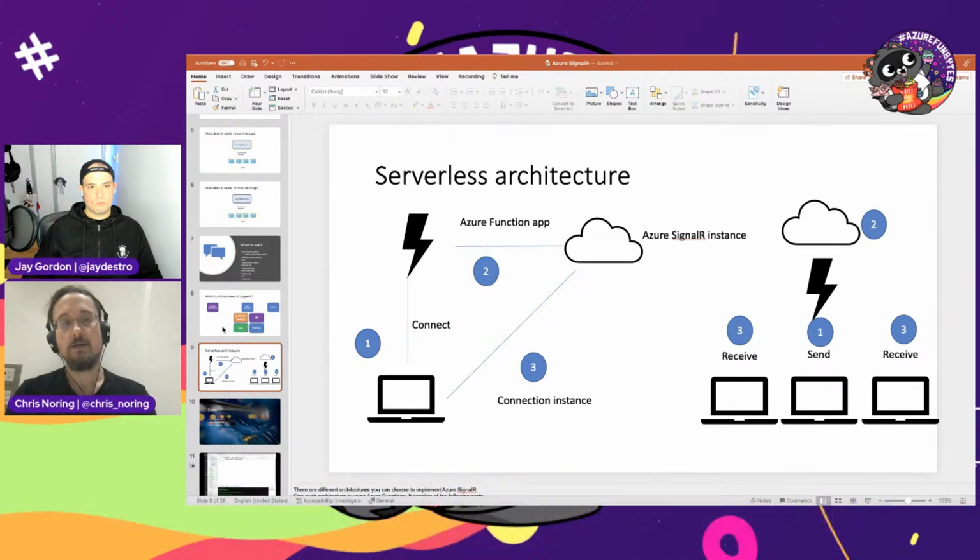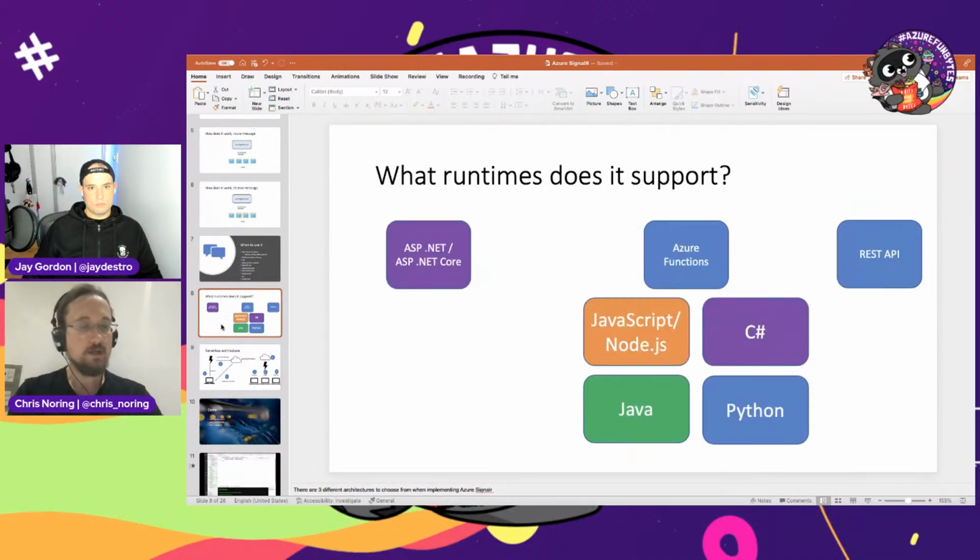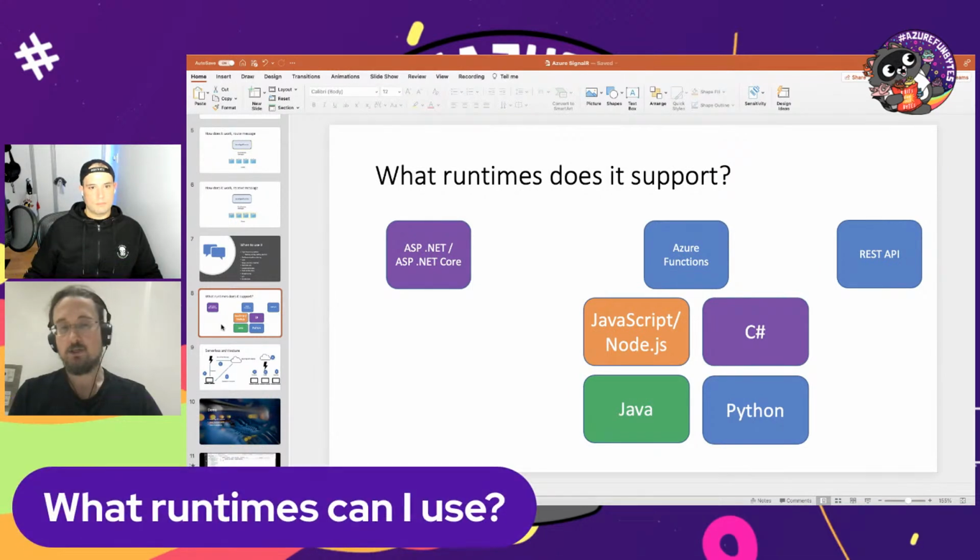Yeah, so that's a little bit about the architecture. But I wanted to reiterate one more time about the documentation page you showed, because you showed supported runtimes. And I think it's important to say that Azure SignalR can really be used by anyone, right? So if you're on ASP.NET,